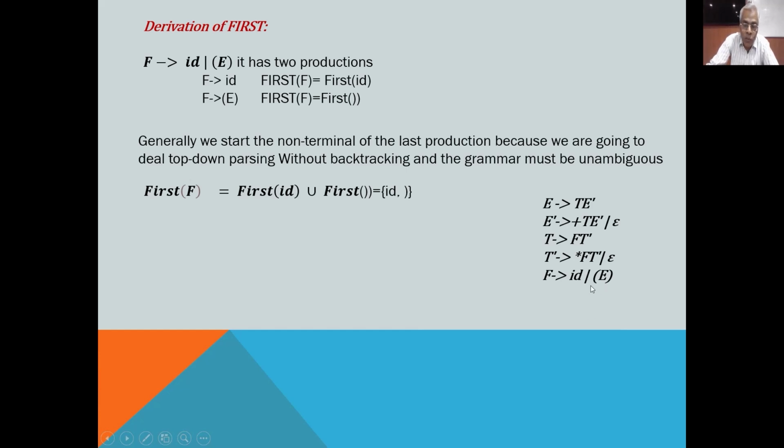F to (E). So there are two different productions written over here: F to ID as the first production and F to (E) as the second production. Since this has two productions, we write F to ID two times, and F to (E) as the second production. From the first production, first of F equal to first of ID, and ID is a terminal, so it will give us ID only. And from F to (E), first of F equal to the first symbol on the right side, which is the opening bracket, so we write here first of this